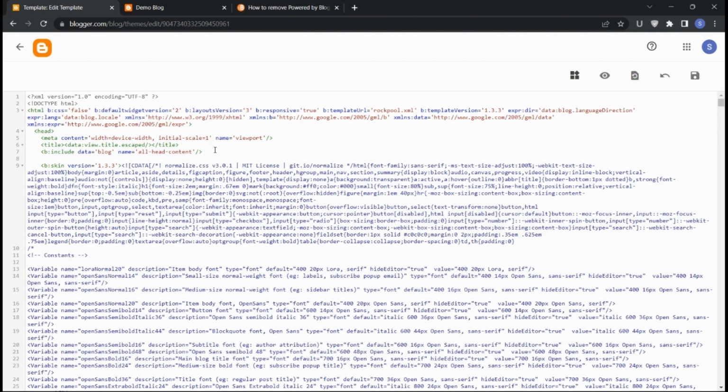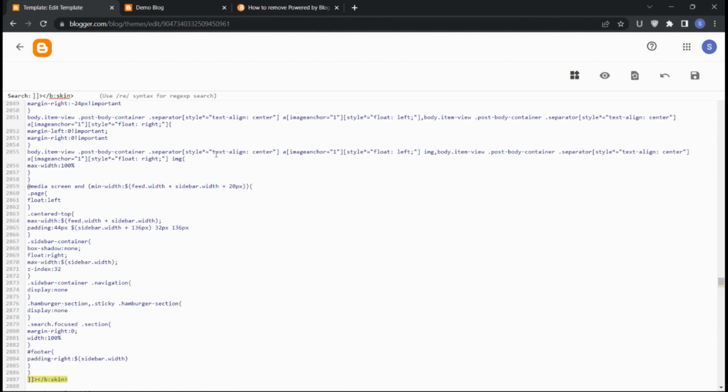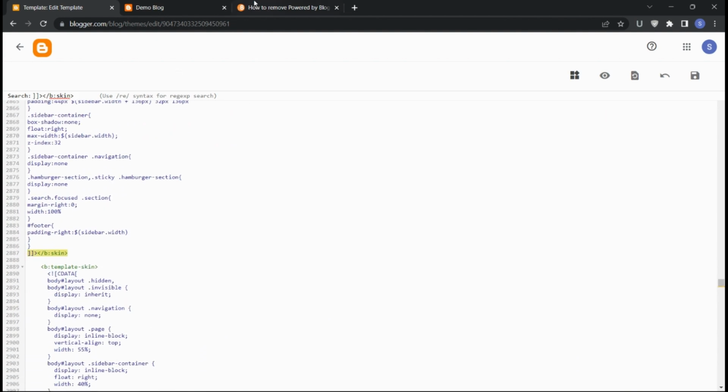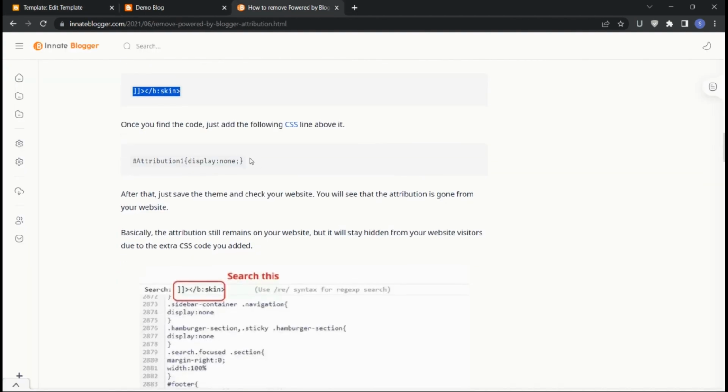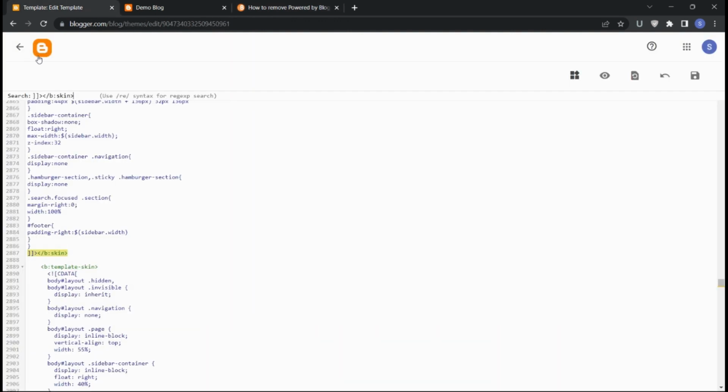After copying this, go to the template and search for this code. As you can see, the code is here. Next, you need to simply add this CSS code above it